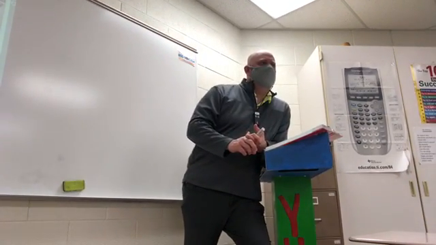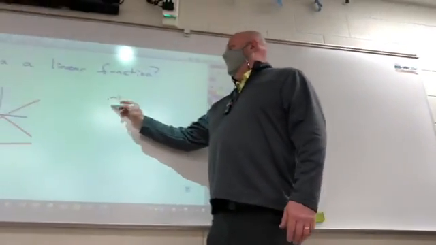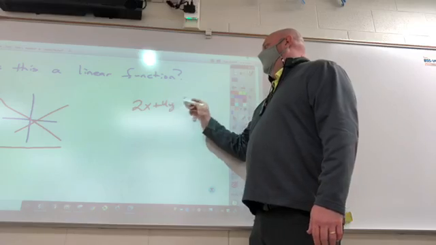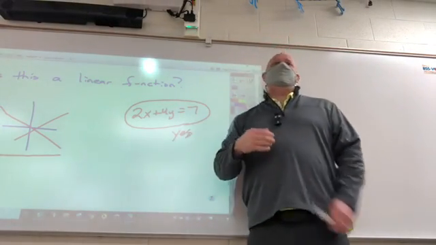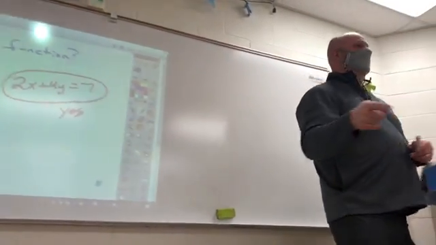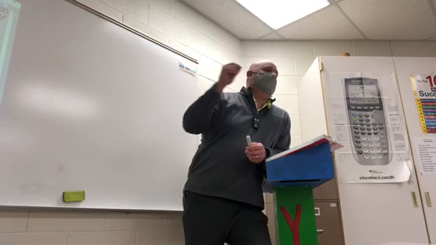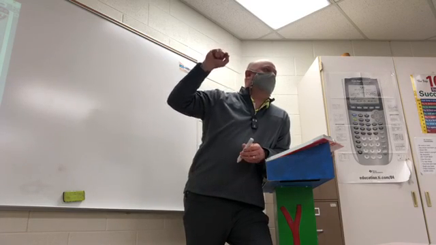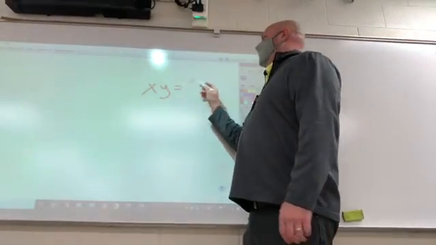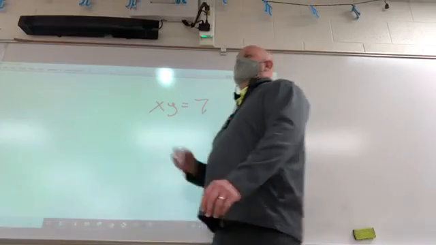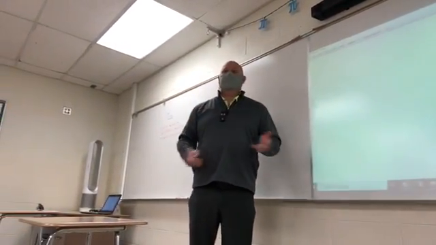Say that again? Well, we want things in standard form, like 2x plus 4y equals 7. This would be a yes, right? What types of equations would you look at and say, no, that's not going to be linear? Exponents. Absolute values. Square roots, right? What about xy equals 7? No. Now be careful with these because I can simply give you 4 equations, multiple choice, and